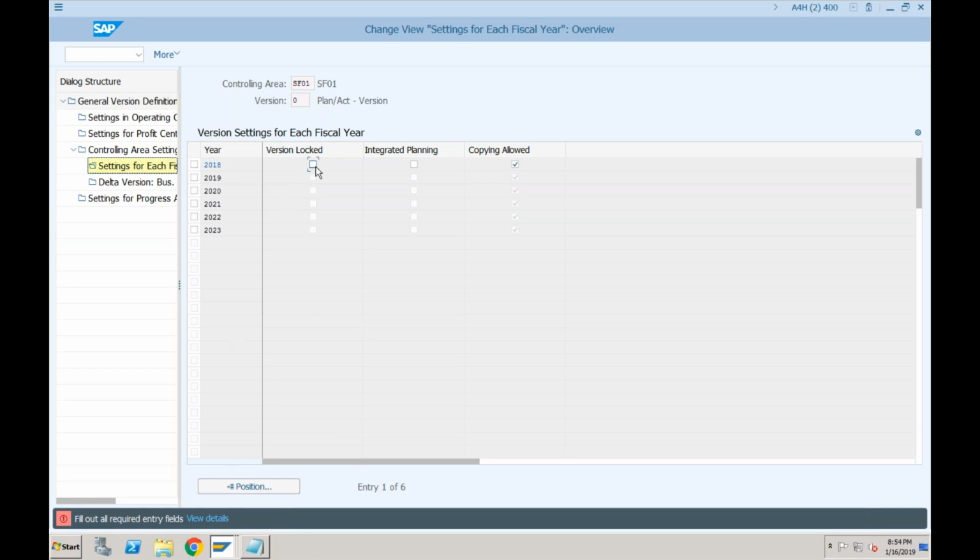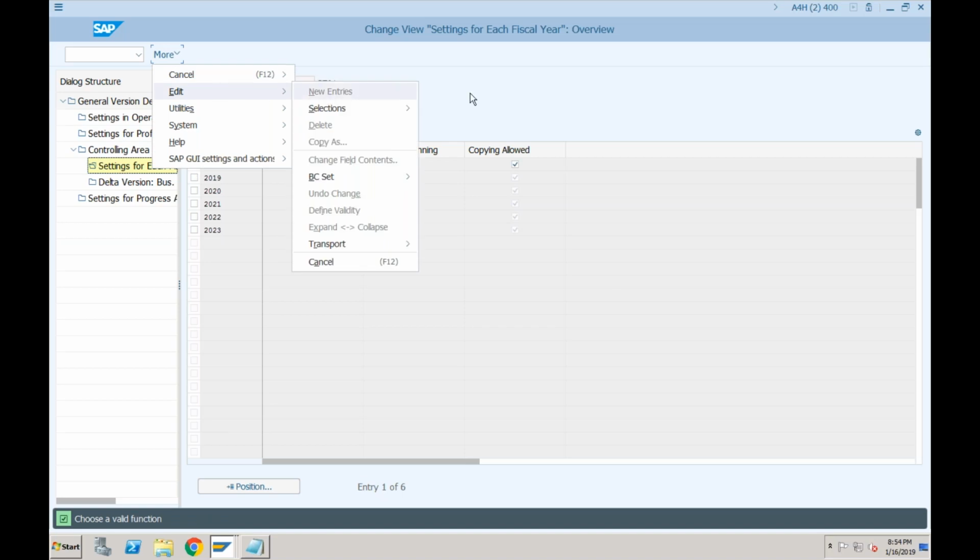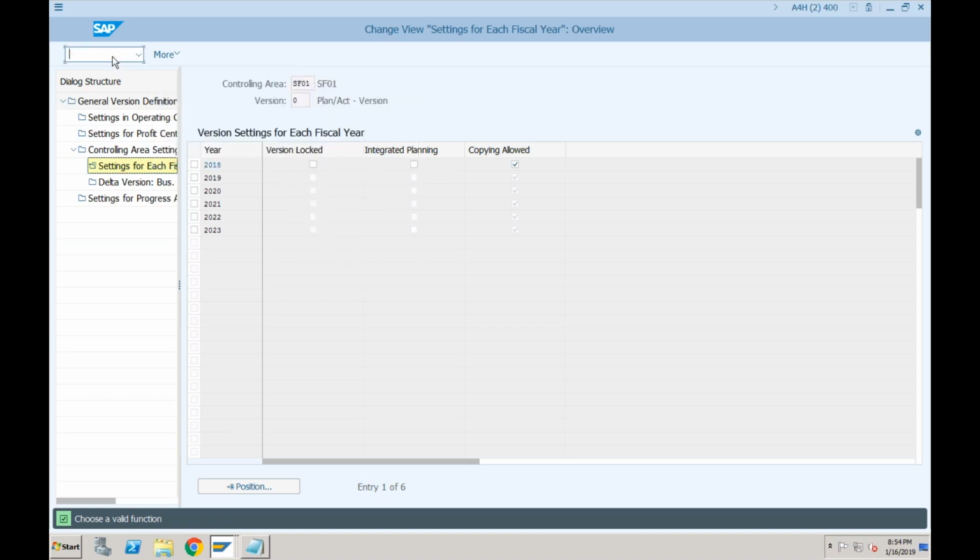Why is it asking for this as a mandatory field? Some mandatory field is there, so let's do one thing. Let's go out completely from here. Cancel. SPRO.